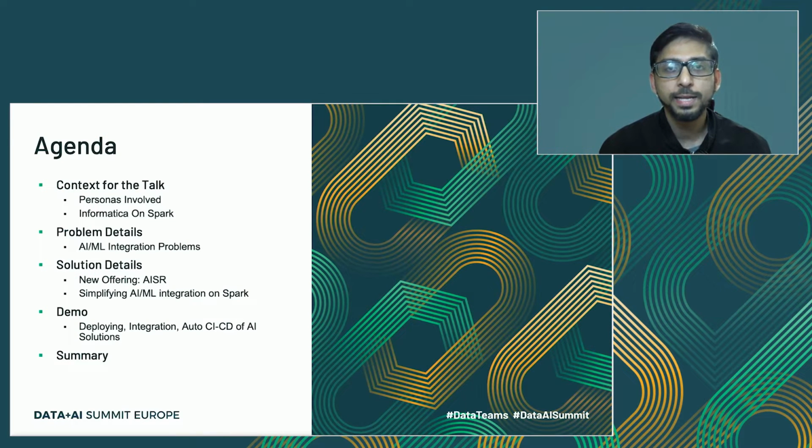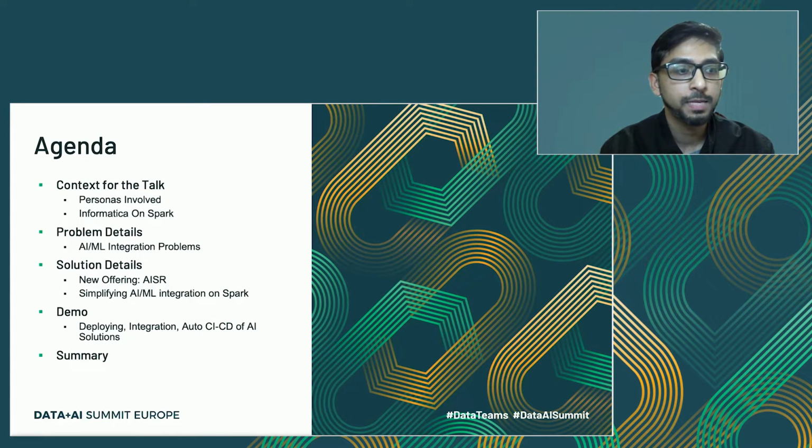Right. So following is the agenda for the talk. We will first set the context of the talk, where we'll discuss what the personas involved are. Followed by that, we will see how Informatica can run jobs on top of Spark. Post that, we'll see what the different problems are that we face while executing AI and ML solutions in various production environments.